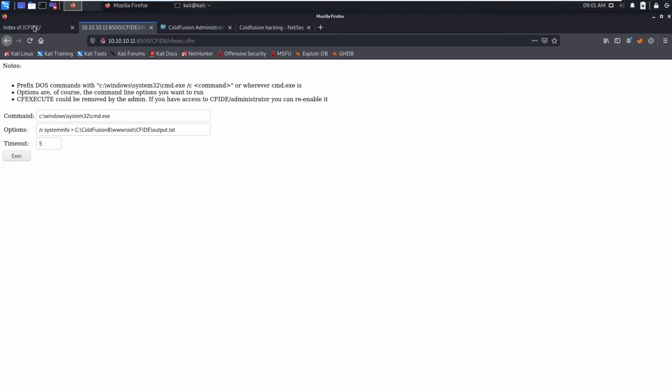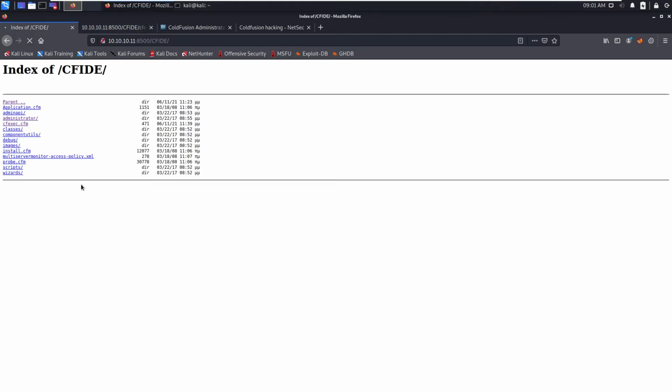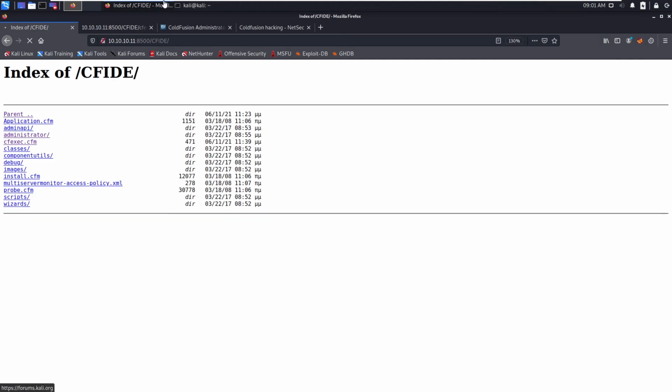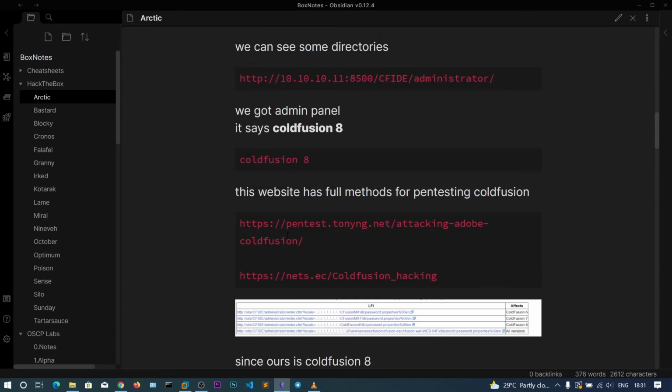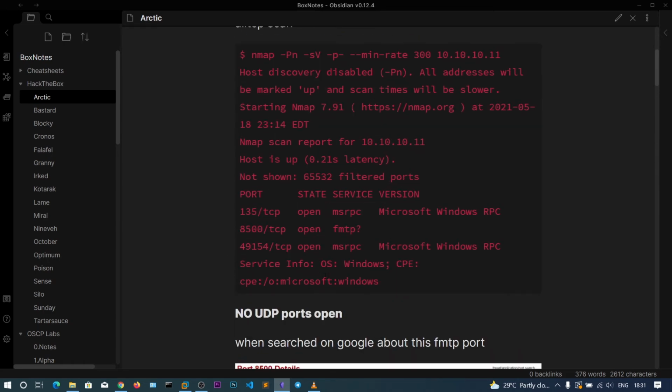Okay, let's go and refresh this. You should see output.txt by now. We should see the OS version from the nmap scan.